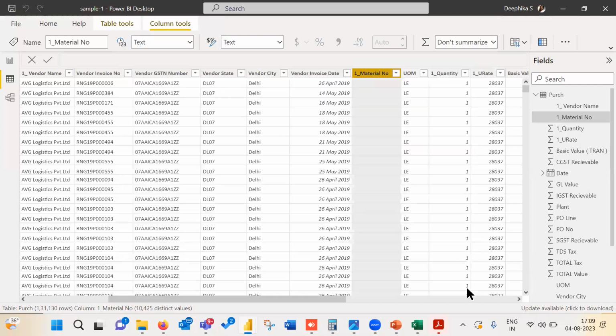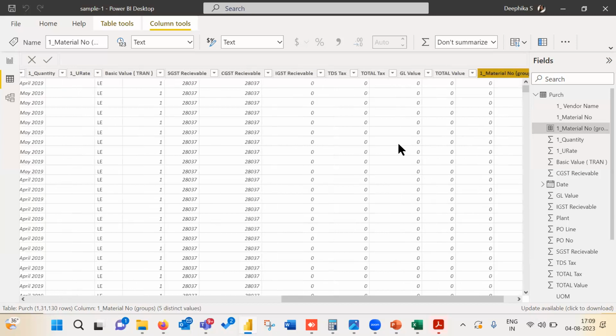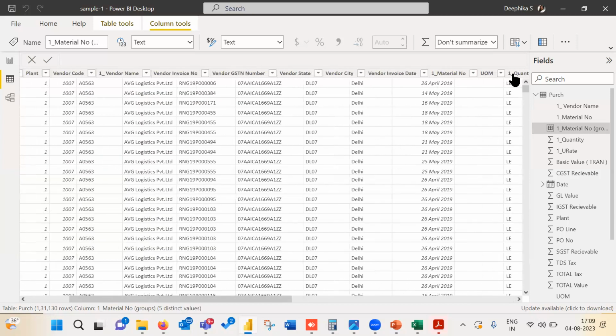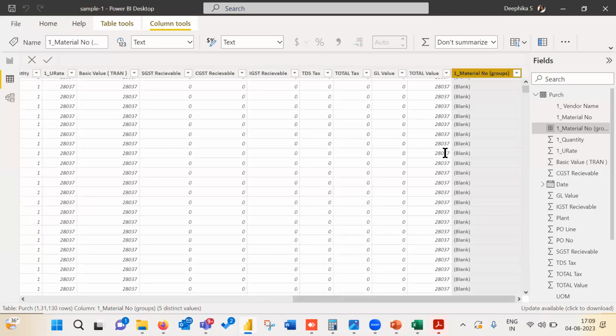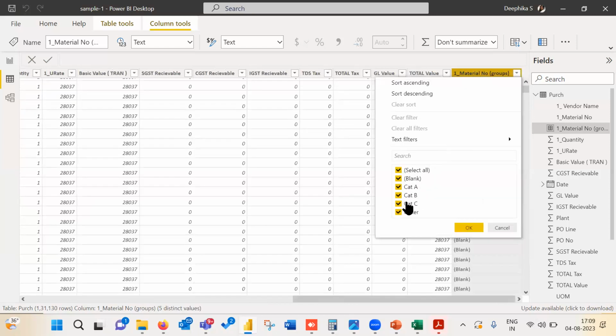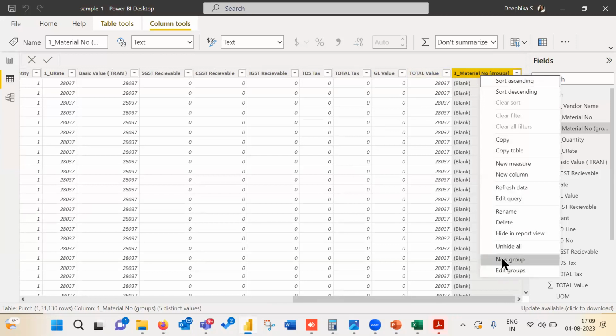So now what happens? It is creating a calculated column. I should have added blanks also, I think. Since I did not add blank, it came as a separate category. But apart from that, you see blank, category A, B, C, which I manually categorized, and category other. So all four are created. This is a calculated column. I calculated it not by a formula but by using a function called new group, which comes when I right click the data.